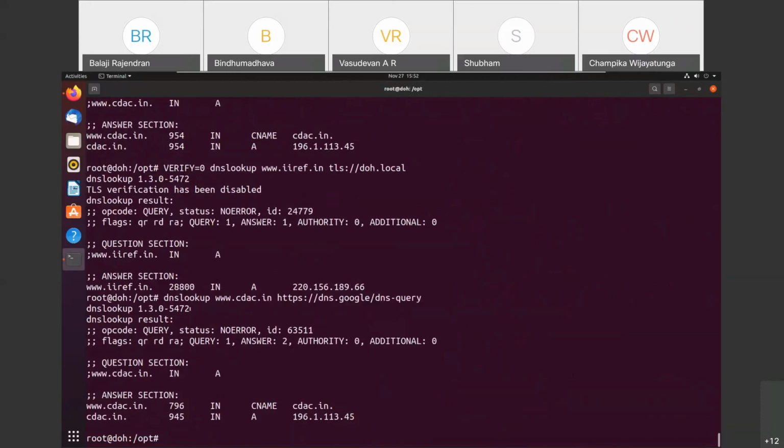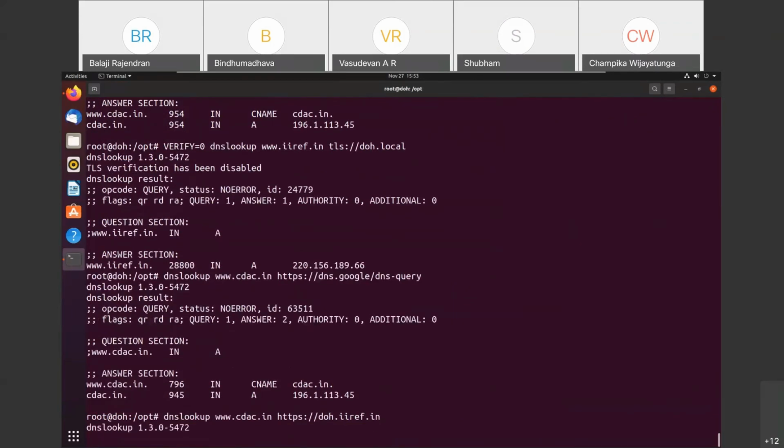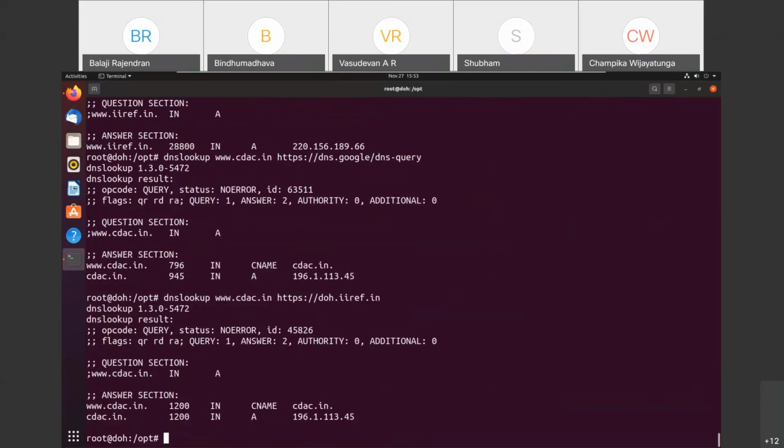Okay, so dns.google is also working. And let us try doh.iirf.in. From here also we are getting the response. Once more, I will try our own DOH. There may be some problem.